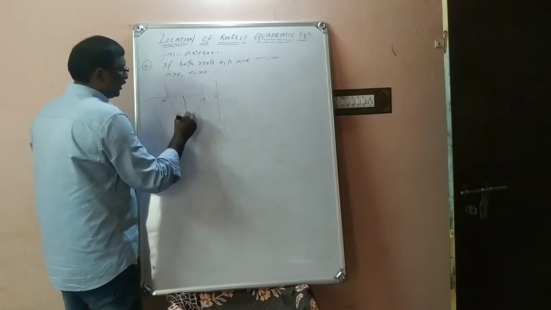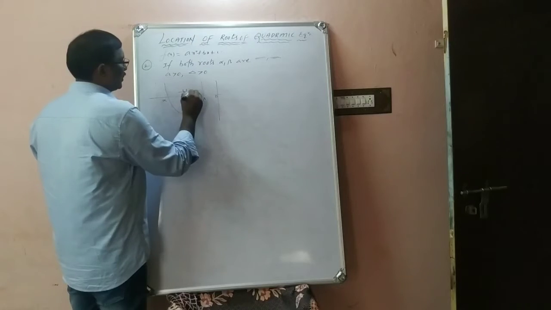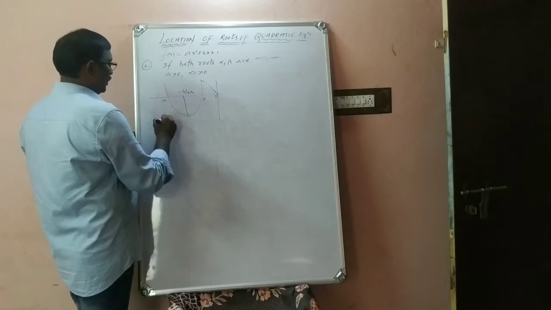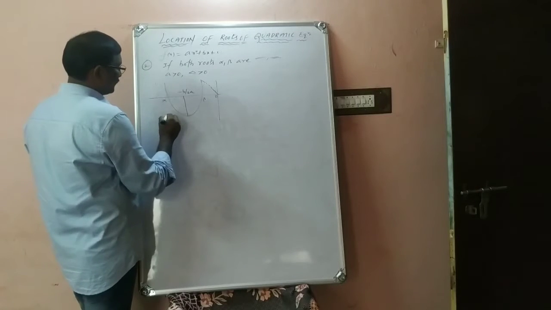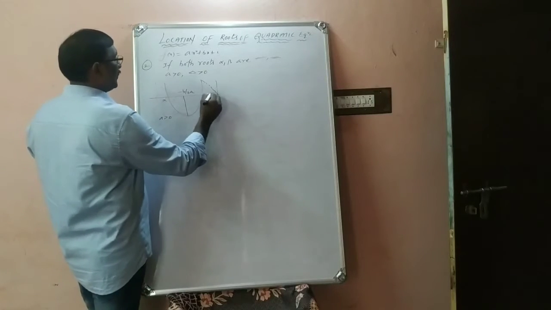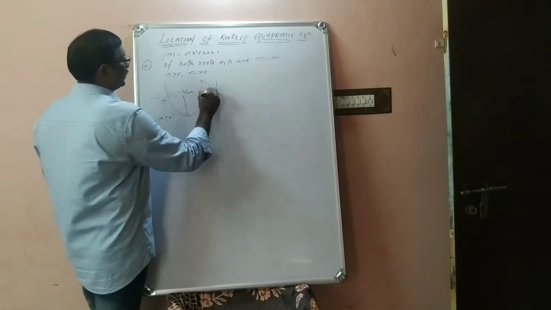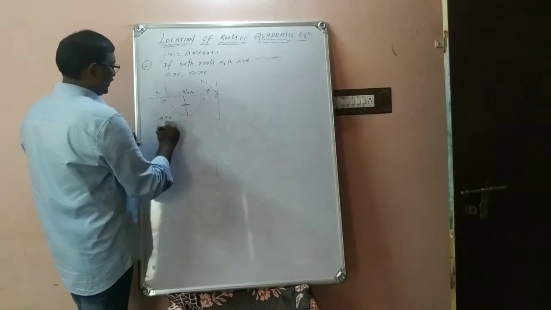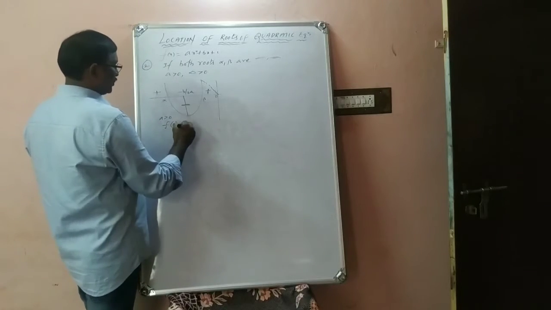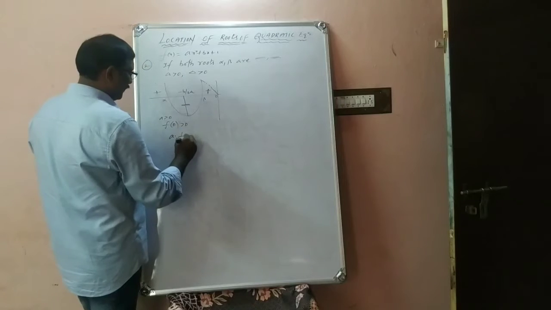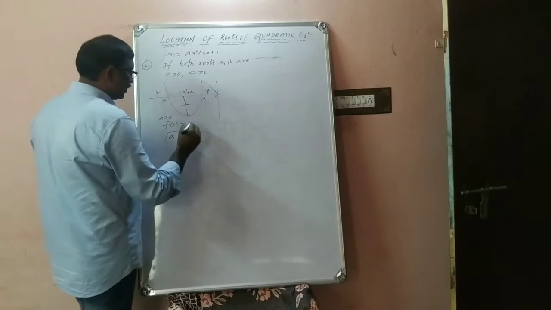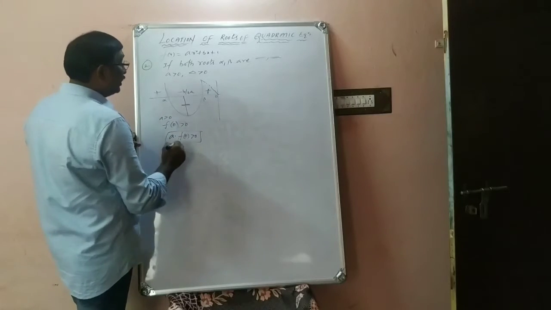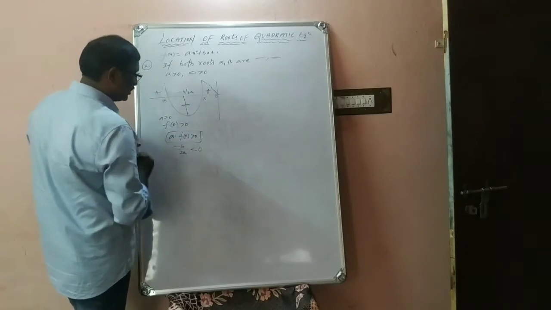There you will get what? Minimum value here, that is minus b by 2a. So this origin you can join with this parabola. Then you came to know a is positive and f of 0, what about f of 0 here? By using the wavy curve method, this is positive and negative and positive. So f of 0 is positive. So again a into f of 0 is positive. What about minus b by 2a? Minus b by 2a is on the negative x-axis, so it is less than 0.